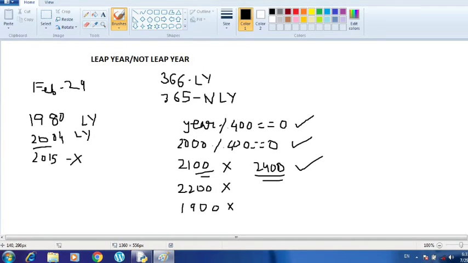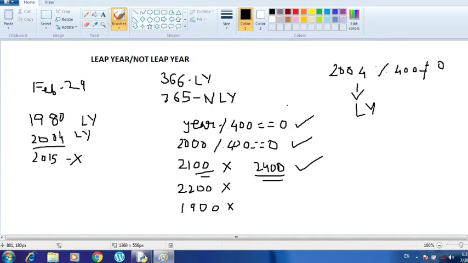Like we can say here that 2004 is not divisible by 400, right? The remainder is not equal to 0. However, 2004 is a leap year. So we need to check for another condition.